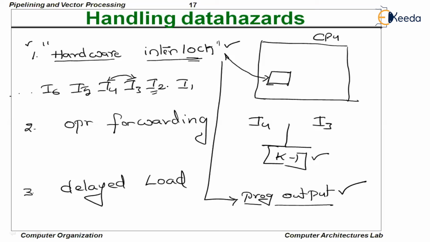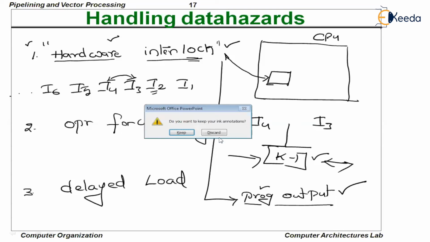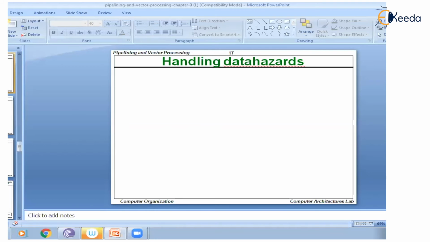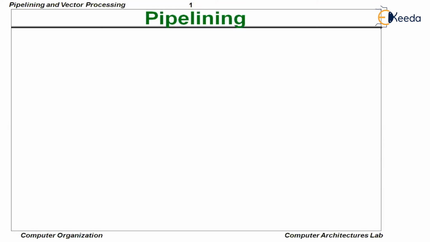So what it does is, it identifies the dependencies between every instruction, and if there is a dependency, it separates them by a sufficient number of clock cycles to ensure that the program output will be correct. But it won't give you any guarantee that it is going to reduce the stall cycles. It is going to implement as many stall cycles as required between 2 dependent instructions. That is how hardware interlock works. Now, you can clearly see that hardware interlock is of no use if a designer wants to reduce the stall cycles, because hardware interlock will not give you any guarantee that stall cycles will get reduced.